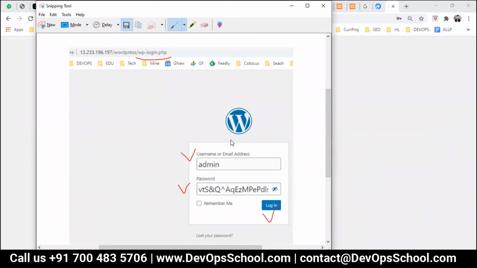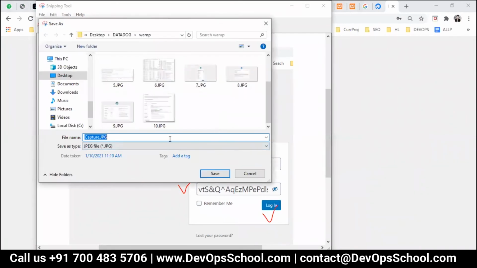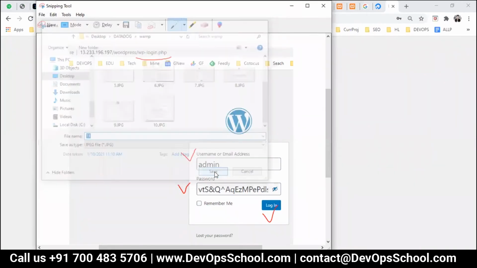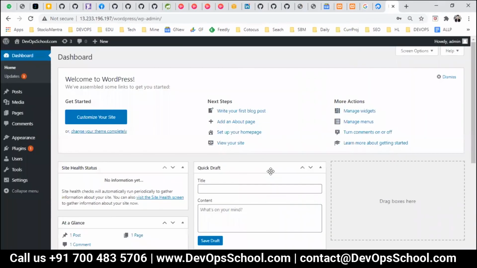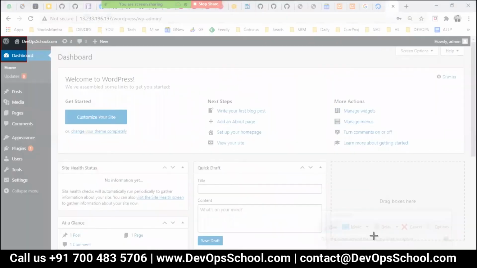Okay, so after that, step 11. Okay, I log in, done. So we all use these applications only for the performance testing. Okay, so this is the stuff.